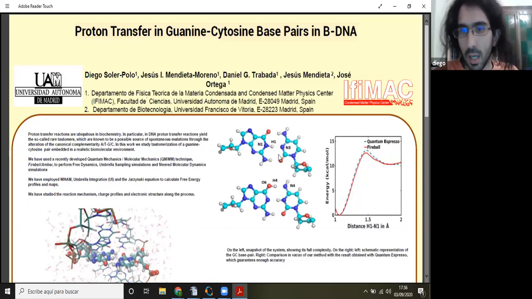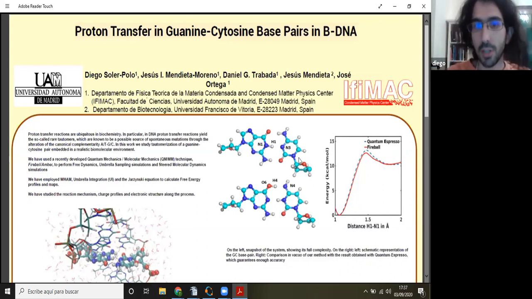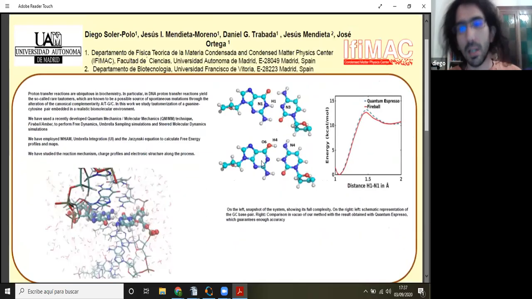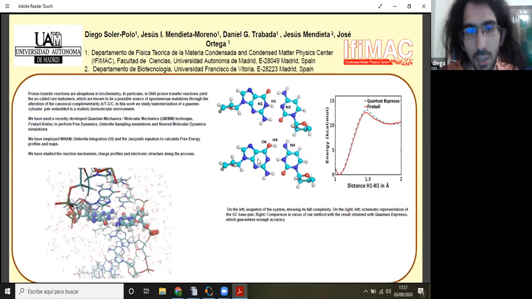Basically, you see that we have 2 protons that can jump from one side to the other, right? This here is just the distance, the position of this proton here. And what you see is that this proton has 2 stable positions, configurations. And this configuration here is a rare tautomer, which yields substitution mutations in DNA, which is the interest of this problem. But this problem hasn't been studied with enough detail, accounting for the full complexity of the biomolecular environment,